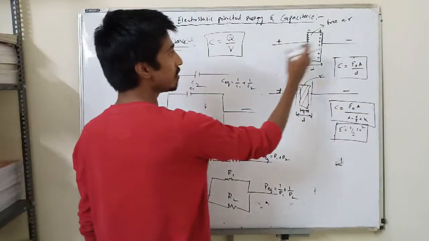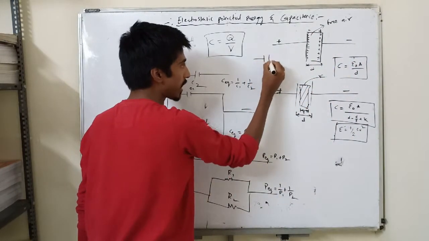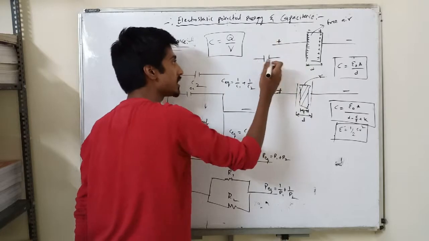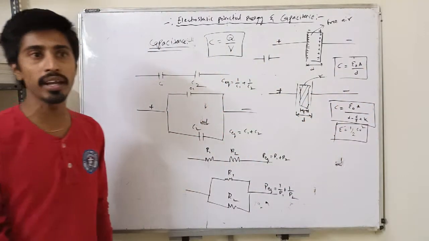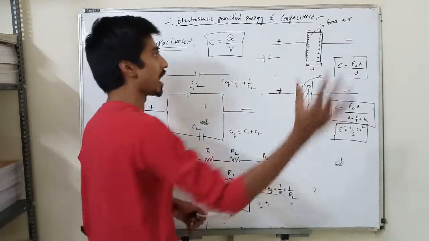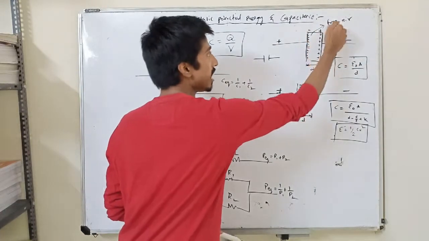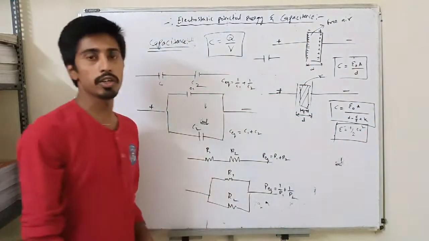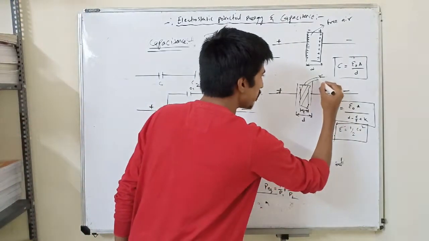So it can be achieved with the help of a parallel plate capacitor itself. If I take two parallel plates and want to find the capacitance available, I can use the formula C is equal to epsilon naught A by d whenever you have free space inside it. That means I am not taking any other material and fixing it inside. Whenever I take free air, this is the formula you need to use, that is epsilon naught A by d. But if I take any dielectric material